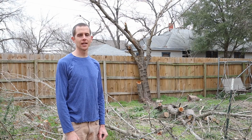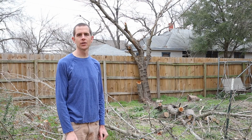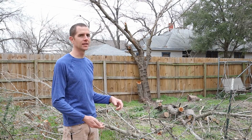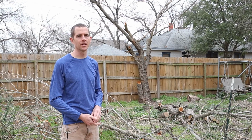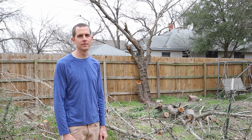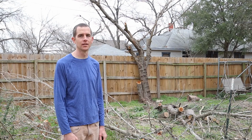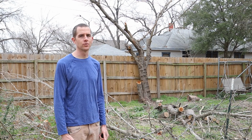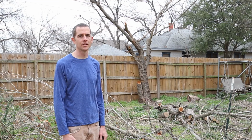Praise God for another day, and today I'm going to be working on clearing most of the trees from my yard. I had half of this tree taken down, but I need to finish the rest today. I've been very busy at work, but I finally have a day off so I can actually get some of this stuff done. And I'm just going to go through some of what I've learned as far as cutting